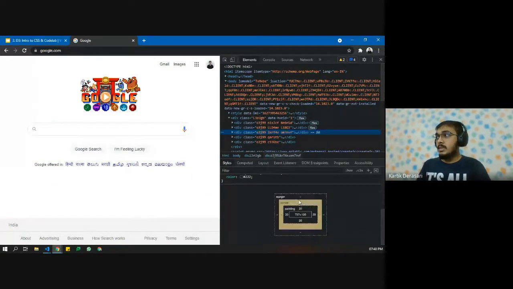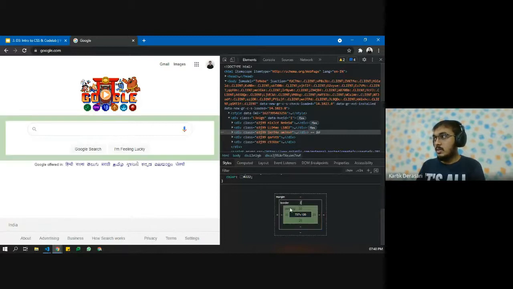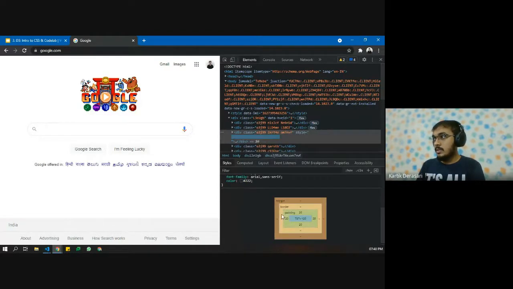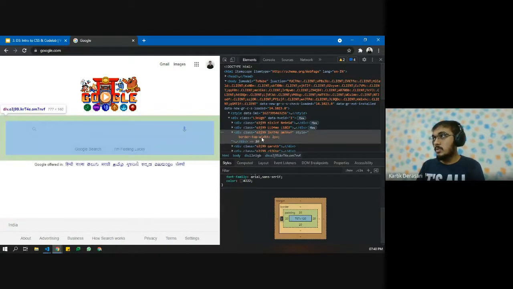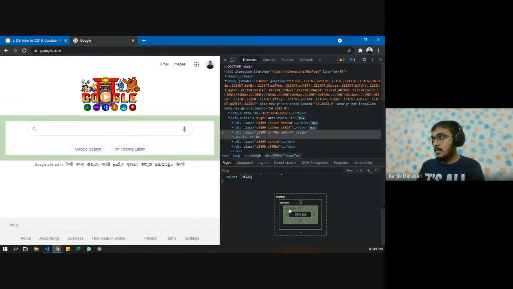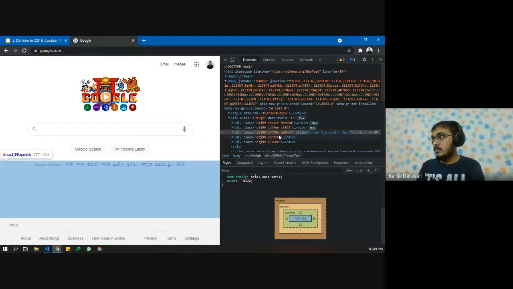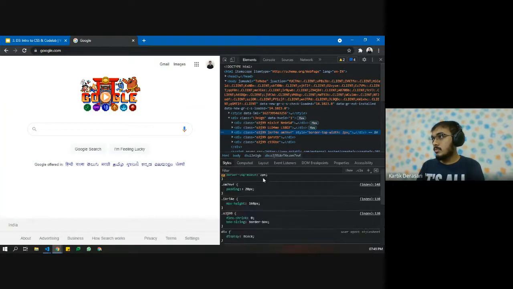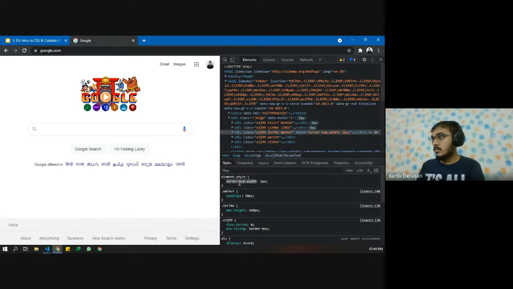For example, let us add some border. Let me directly write the code instead.